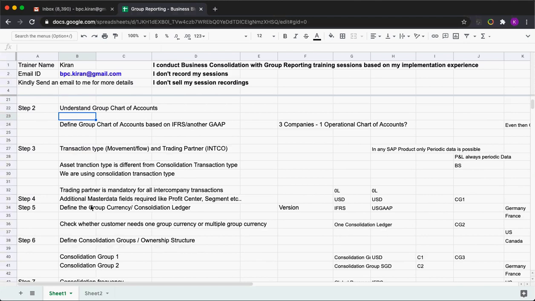So only a sample, like, what are the naming conventions? For example, for financial statement items, you can talk with your customer and say 1 star you want to maintain as assets, 2 star as liabilities, 3 star as equity, expenses, income. What is the naming convention you want to maintain? Those points you can add, because at blueprint time it will be difficult to have the whole list of financial statement items.